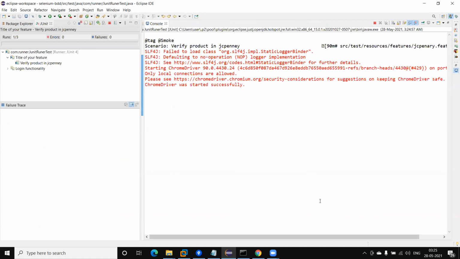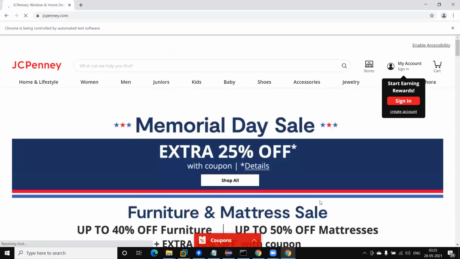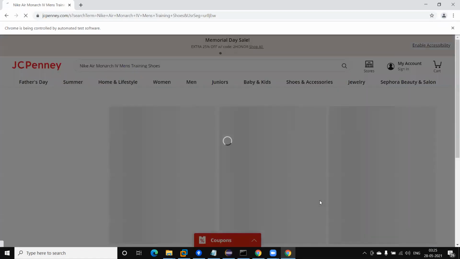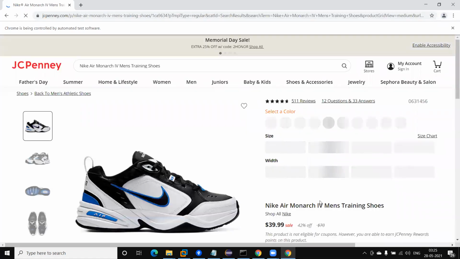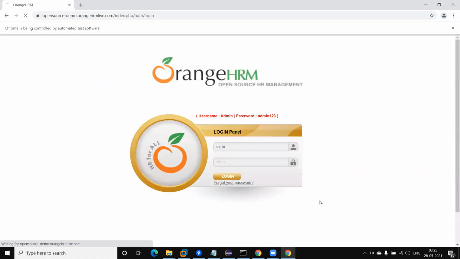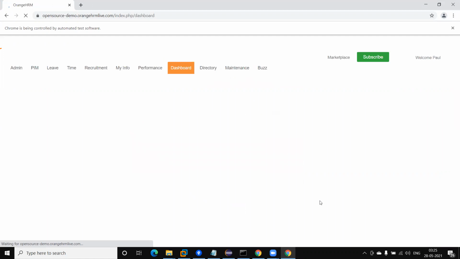Now you can see the test is running, because we have marked the dry run equal to false. By default its value will also be false. Yes, one test is executed, now the second is executed, and for the third one, because we have not implemented the step definition, the third test will fail.